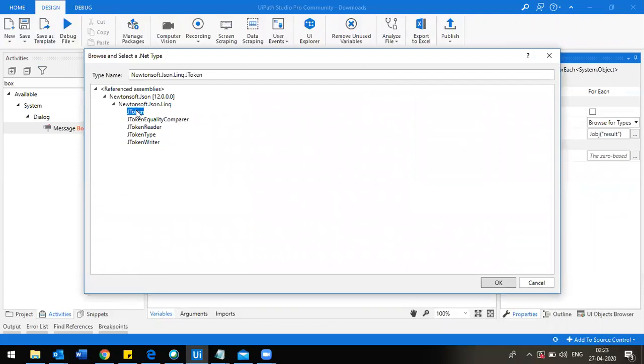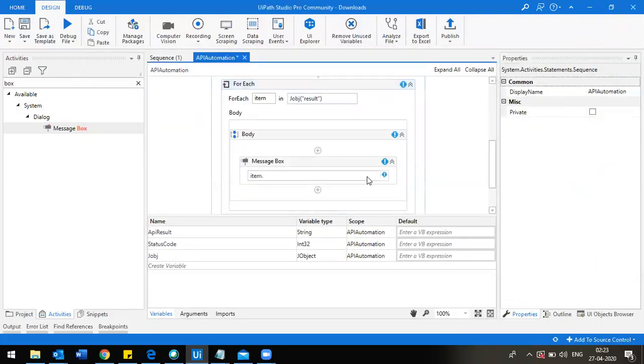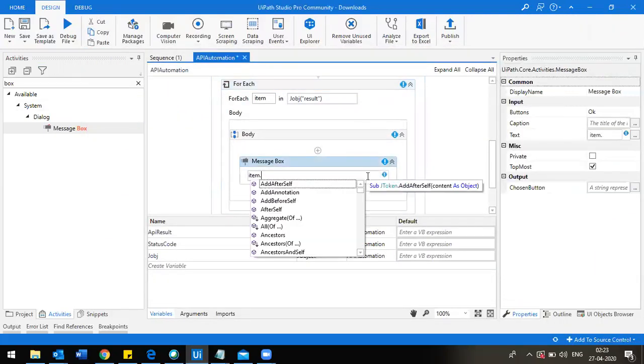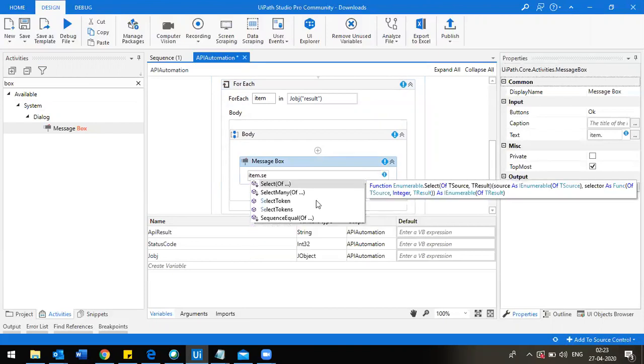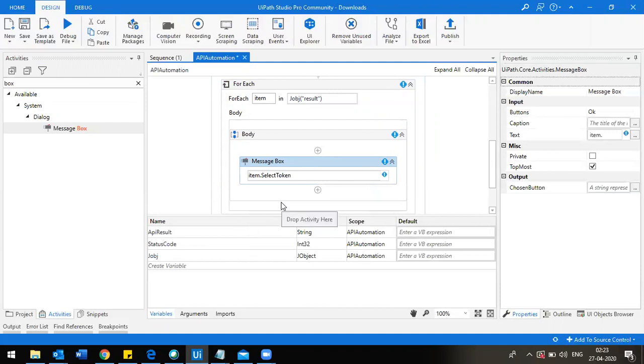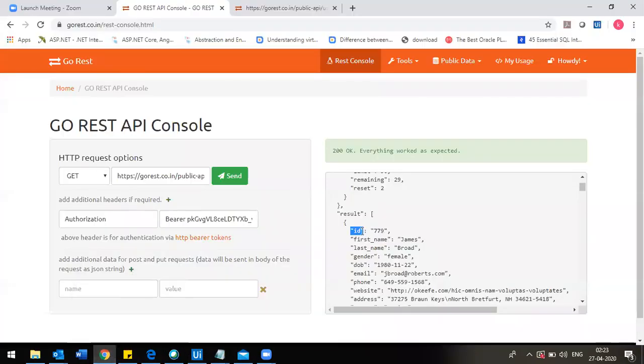Then only we can see the methods of the JObject. Press Control space, and there is a method called SelectToken. Within the brackets you have to give the path as a string. Your objective is to get the ID information, so this is your path.